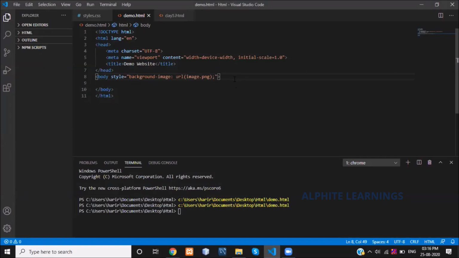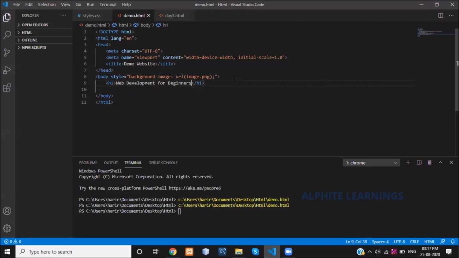Next, I'm using a heading. My first heading is H1. I'm just giving the title, web development for beginners.